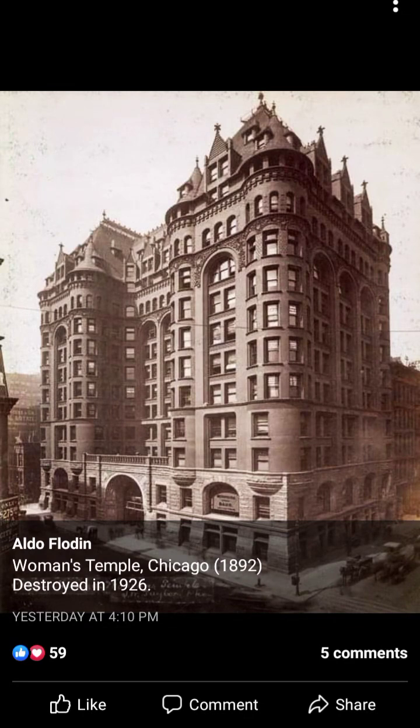So they built this giant castle in a year and then destroyed it in about 30 years? The Women's Temple was built in 1892 and demolished in 1956. Oh, 56. I thought it was 1926. The Women's Temple was actually demolished in